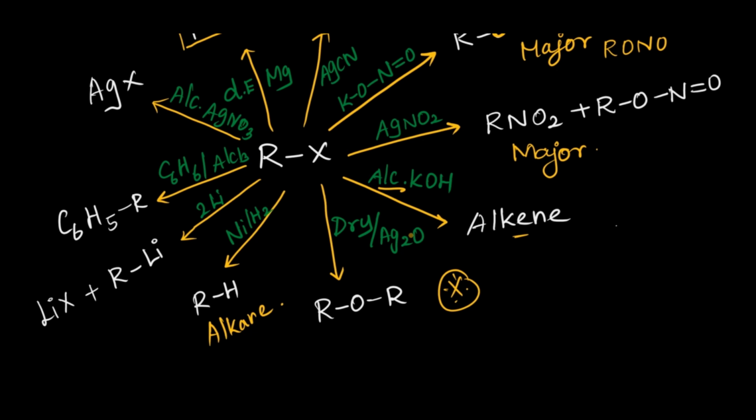And with lithium, it gives us lithium halide and RLi. And finally with benzene, if I am using CH3X, that will lead us to produce toluene, where the R group is directly attached to the phenyl ring. That's it. So these are the properties of